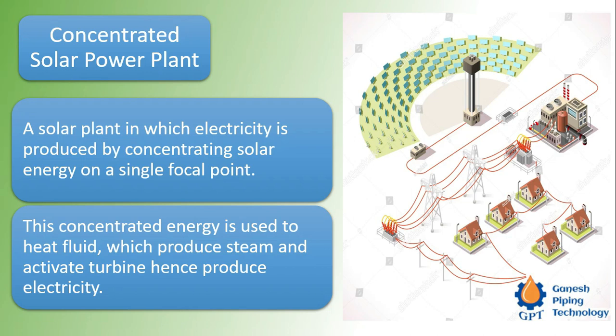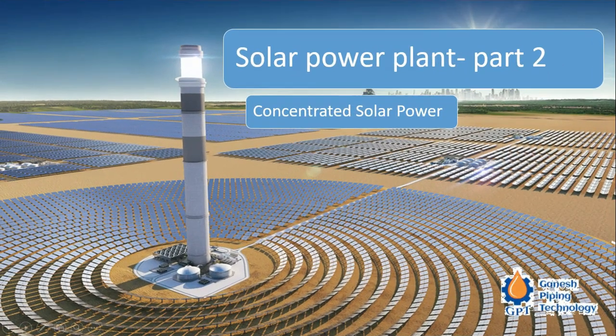This concentrated energy is used to heat fluid, which produces steam and activates the turbine, hence producing electricity. So here we can see that this is in a complete circular way. We can see in the first slide, a circular path as well as a linear path. Some of them are batteries, and this is actually